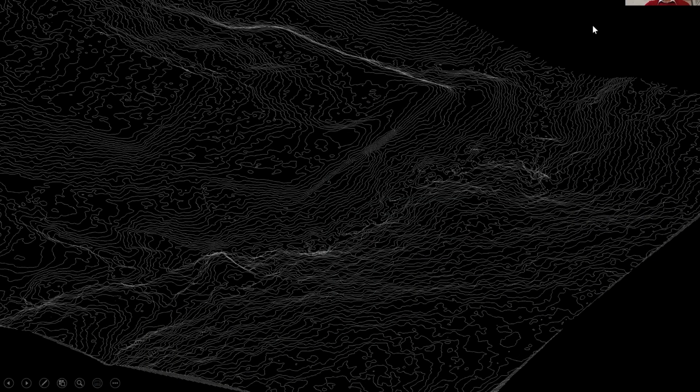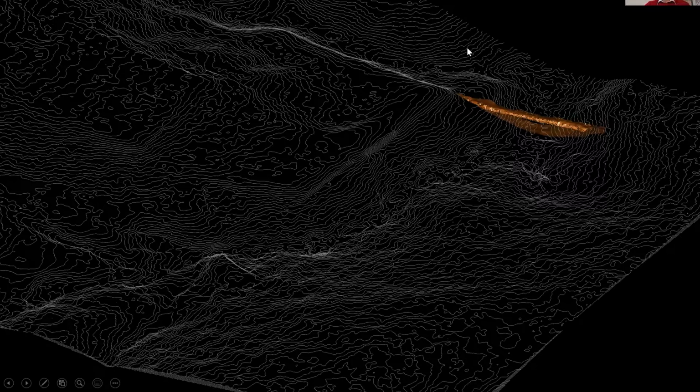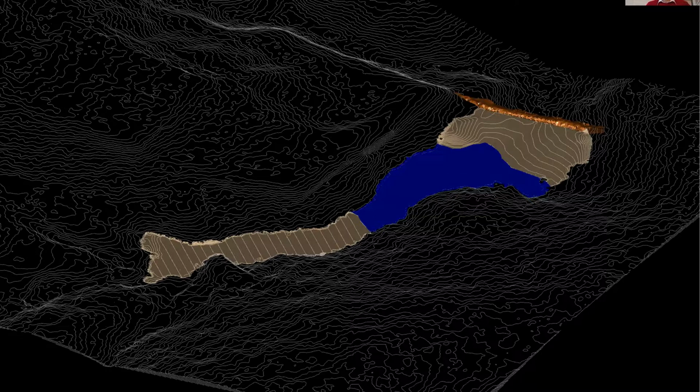So for example here, you're just starting with your keyhole 1967 surface, 1 meter contour base here. And I'm just going to overlay the dike. I know where the crest is. I know where the toes are based on my analysis of the satellite imagery. I can run the volume here and I can determine it's 546,000 cubes placed. I can take the footprint of the pond itself, overlay that over the topographic surface. I know where these points are contacting. So now I have an elevation on it. I can see that that's at 1,223.5 meters in elevation, and then reverse engineer the tailings to create this topographic